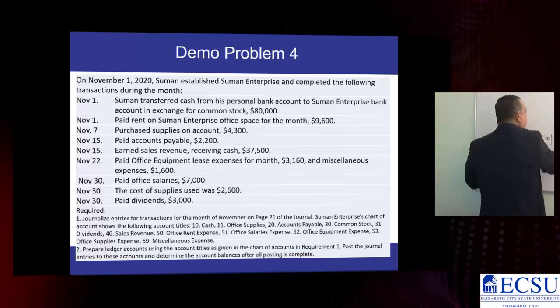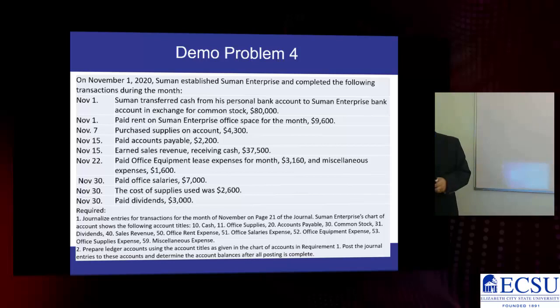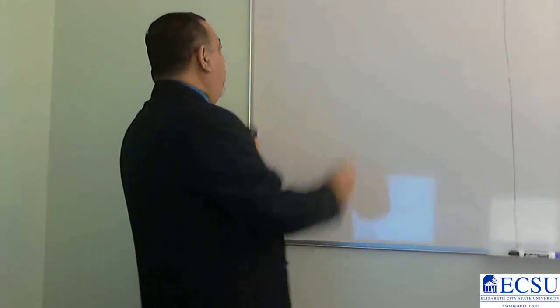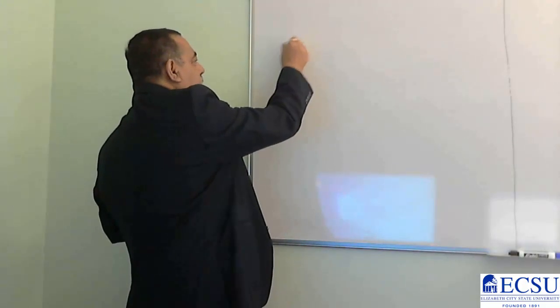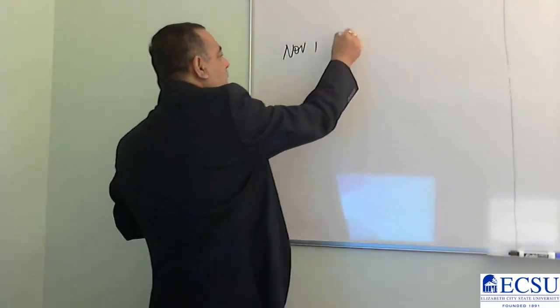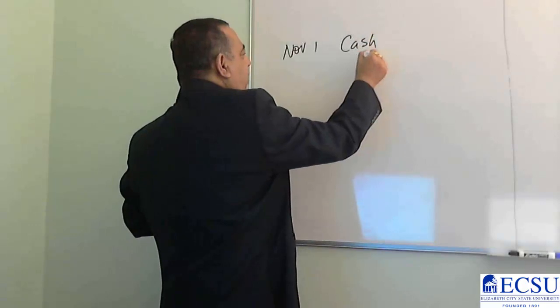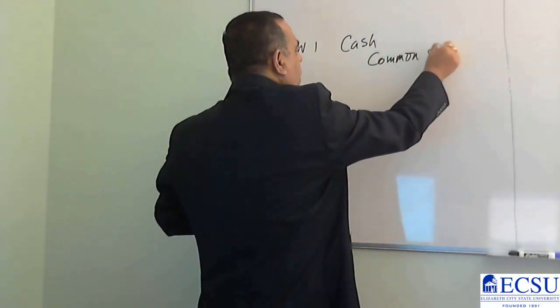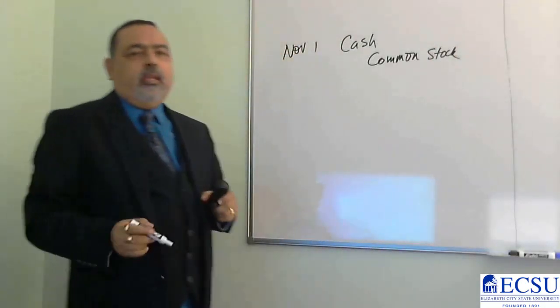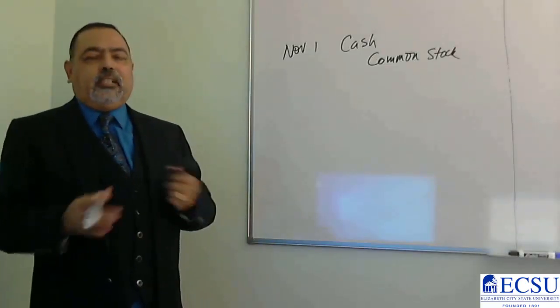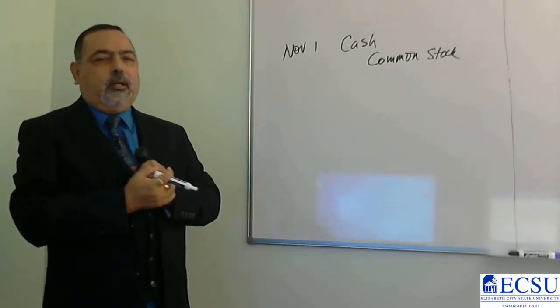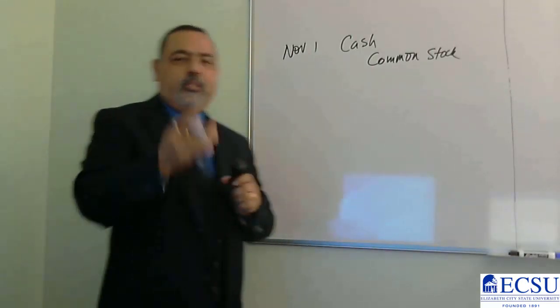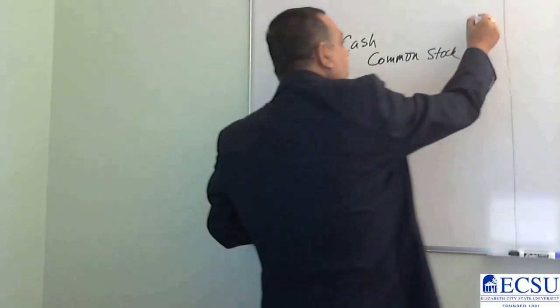So, if you remember the rules of debit and credit, now what is the journal entry that I will be making? Of course, the date will be November 1st, and the cash account will be debited and common stock will be credited. Now, that's the journal entry that we will make, with the amount being 80,000